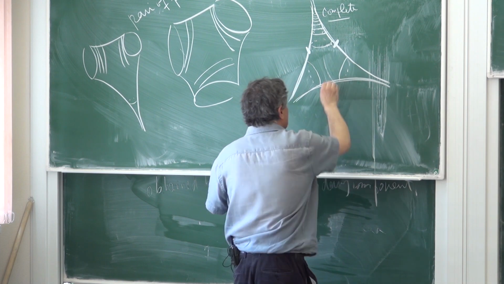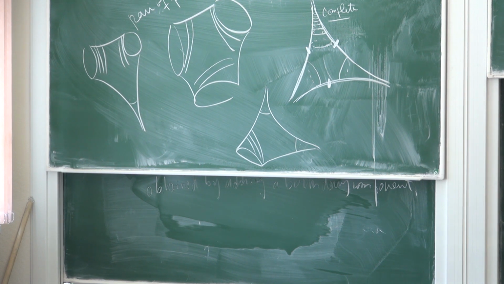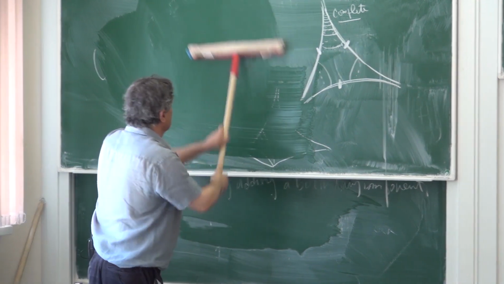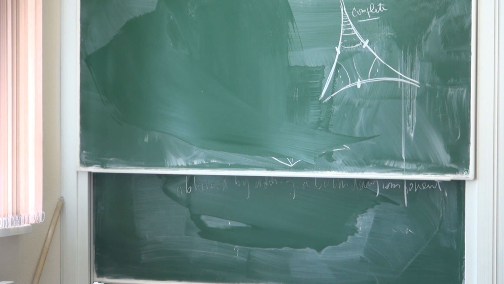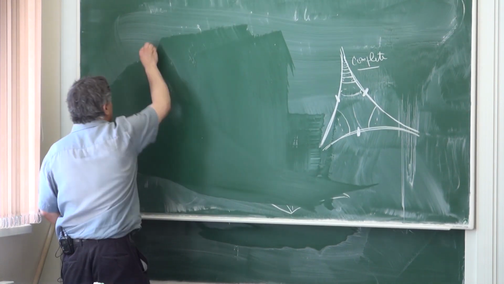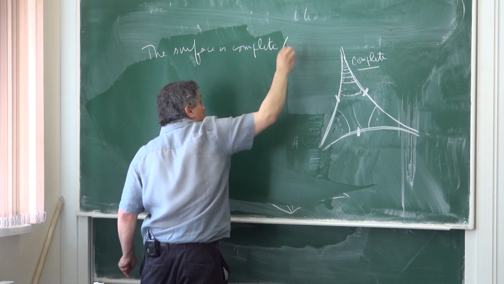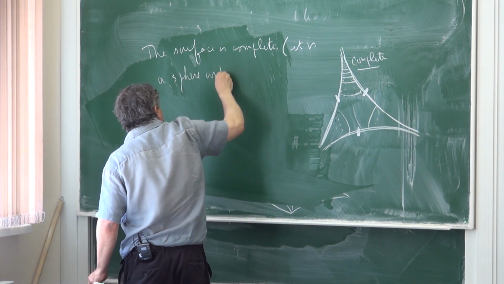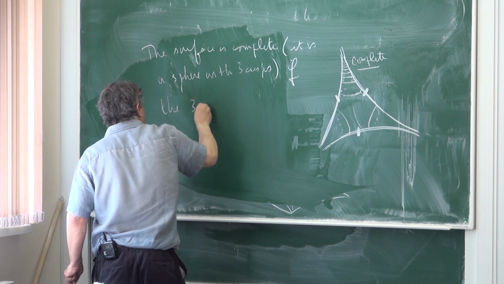In this case, you can imagine that if the theorem is correct, if you believe this, or at least part of this theorem, you can see that in this special case the surface is complete, that is, it is a sphere with three cusps if the three